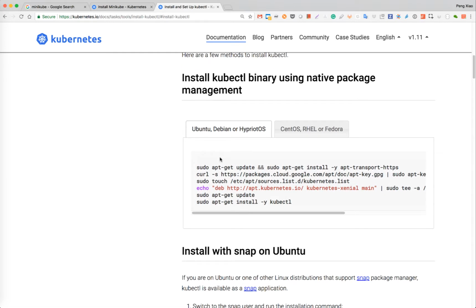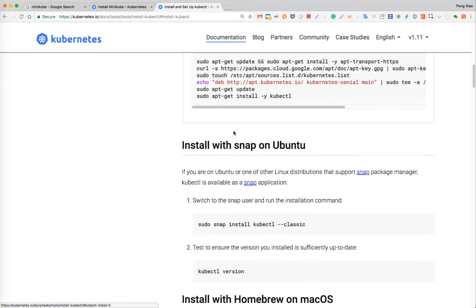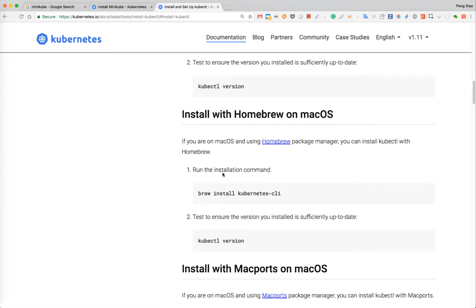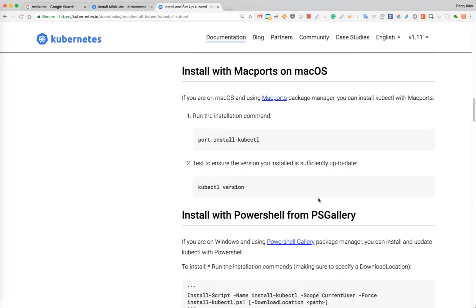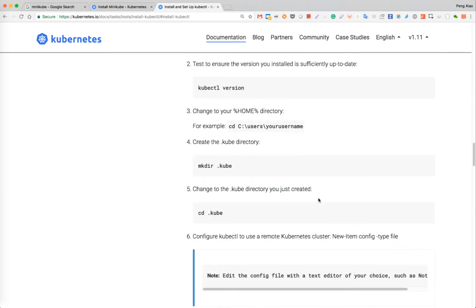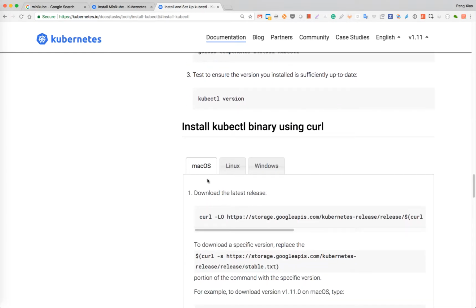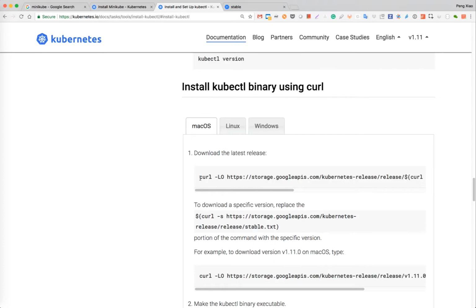For example, you can choose the system, and because I'm Mac OS, I can use Homebrew to install kubectl, but I think I can also try to download the binary version. For example, here, install kubectl binary using curl. And for Mac OS, Linux, and Windows, for example, Mac OS, let's copy this line,